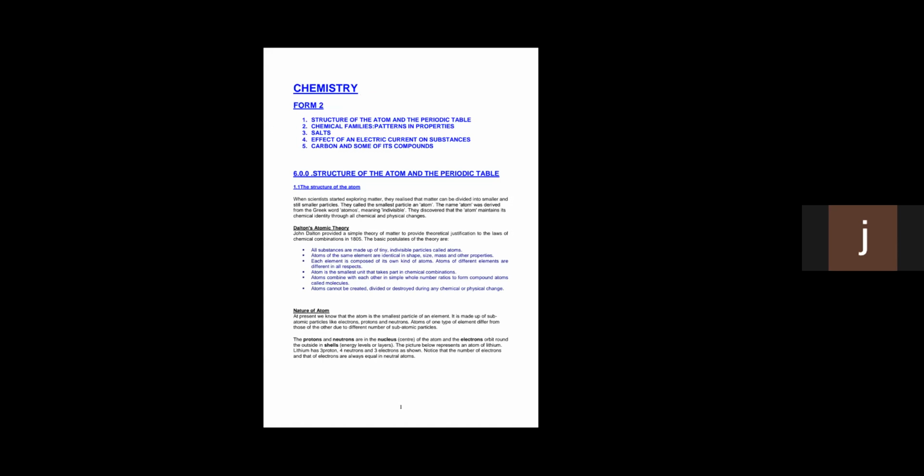Now, let's look at the atomic theory. Atomic theory is the theory that tries to explain the origin of an atom. This theory was suggested by the scientist Dalton. Dalton is the scientist who came up with the theory of an atom. After conducting experiments, he came up with the structure of an atom.